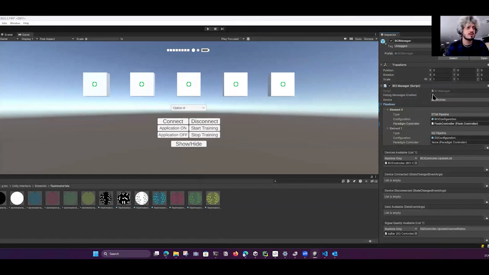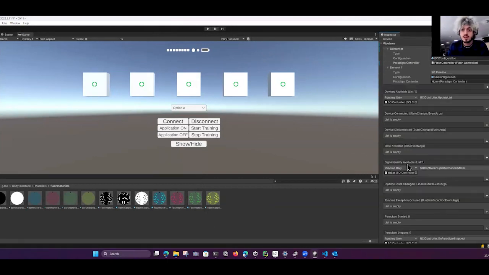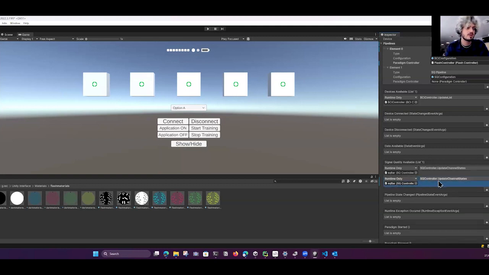Then you can enable debug messages if you want to have more information in the Unity debugger. Here we already configure all the components connected together so that when there is a callback from the BCI manager, which is basically the command center of the BCI, all the components are updated. For example, when there is new signal quality information, we are updating the signal quality bar, but you can connect your own component. So if you want to do something when the signal quality changes, like making the environment change color, or adding some shaky effect, you can do that. You just connect your component and